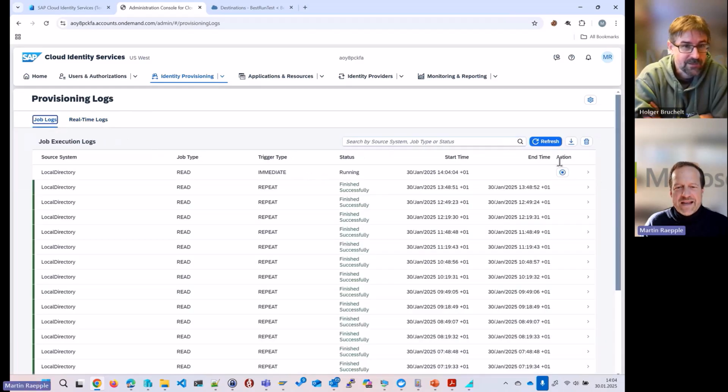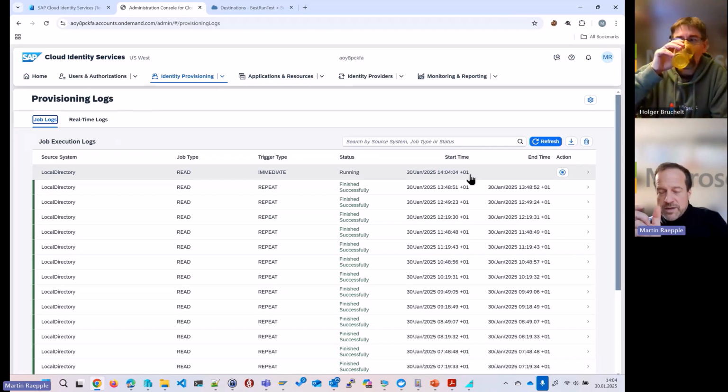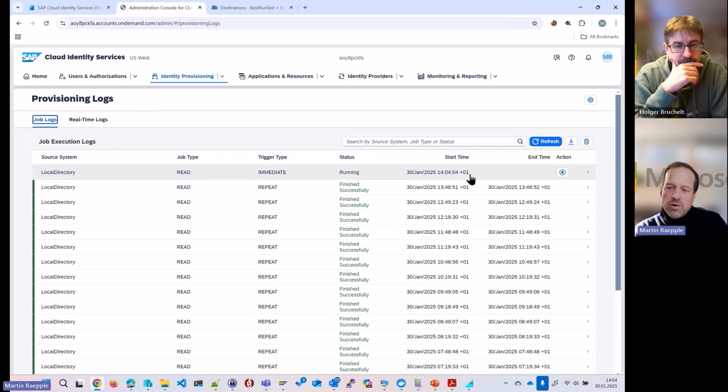Exactly. That's our IOC. Here we have the job now running. Okay, it took a little bit more time than usual, but yes, exactly. So a usual question that comes up is, okay, how do we also automate authorization management in the backend system of that user, right? Between SAP and the Cloud Identity Services and the backend system, you typically do so by creating a group that is equally named to the role in the backend system.